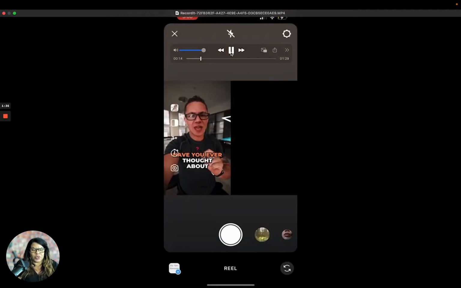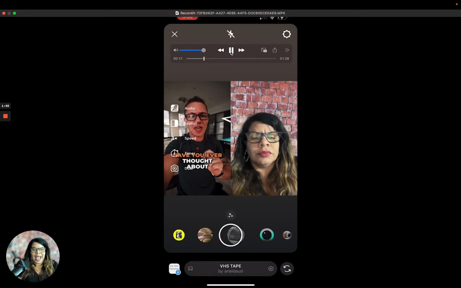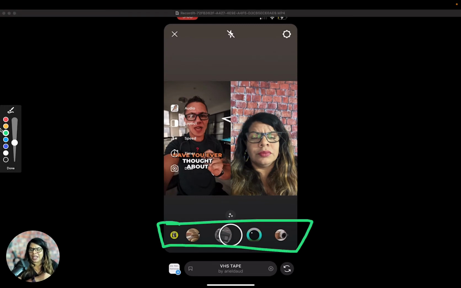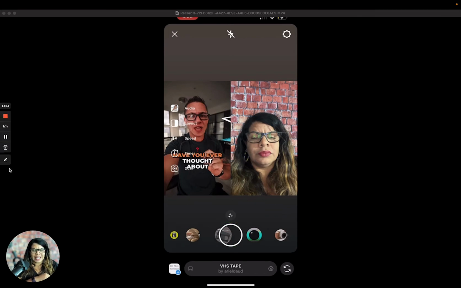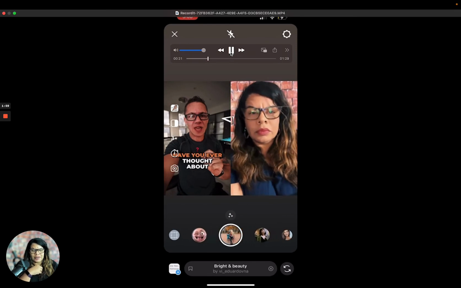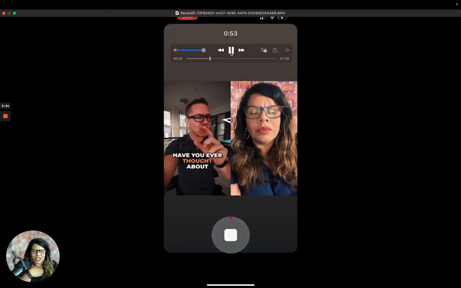So that's what I chose. And then now it has his video there. You can see to choose the layout. So I wanted to be on the right-hand side. So now along the bottom of the screen, I'm just looking at different filters. So I can pick any filter that I want to have with it. So I'm going to just pick a filter, maybe something that's colorful. Can't really tell much. This just brings more light into it.